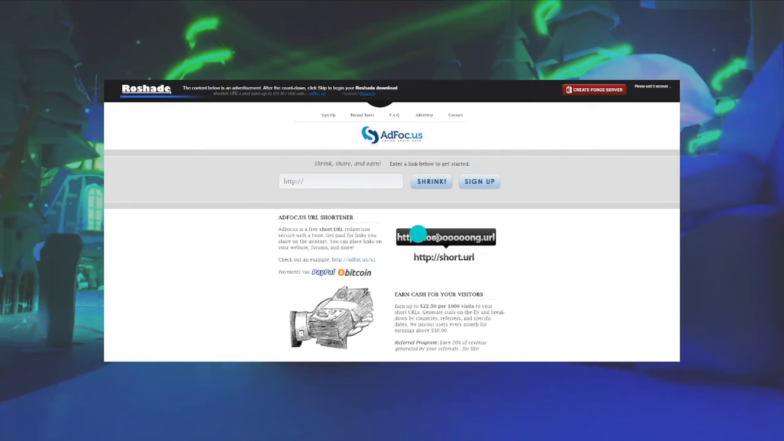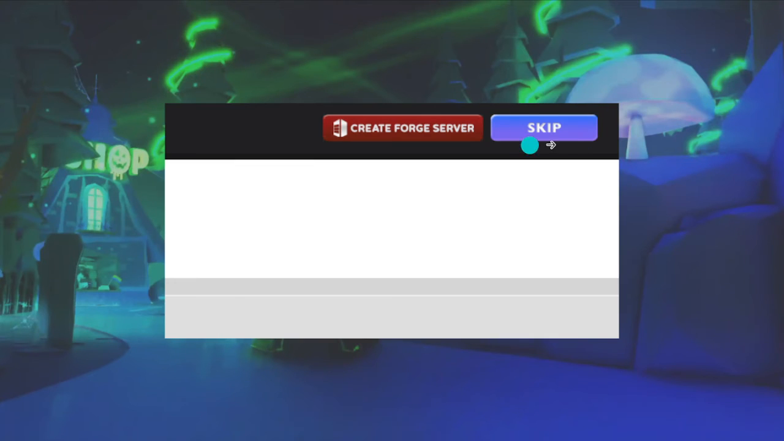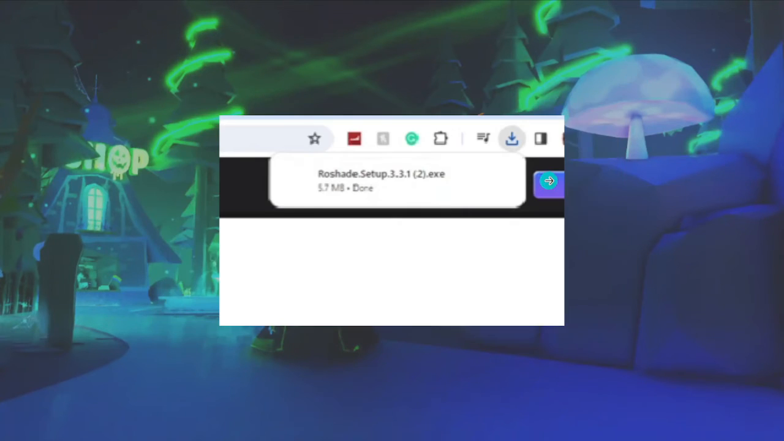And on this page, just make sure that you won't click anything until you wait for the countdown right here that says please wait 5 seconds. So just wait for this one right here to end. So after the 5 seconds or the 6 seconds end, this skip button will appear. So just simply click onto that skip button, and then it will automatically download the Roshade for you,